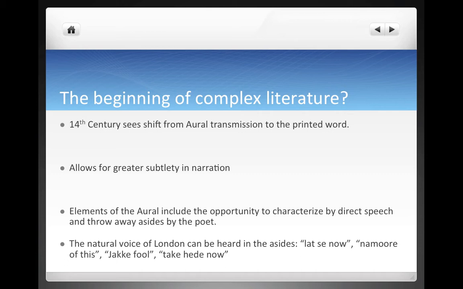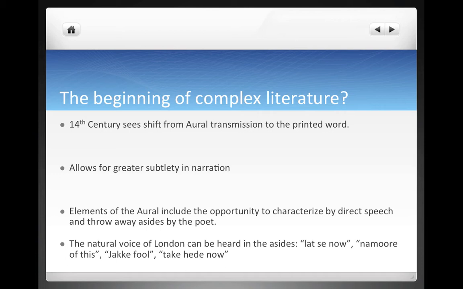And what I think we begin to see in this tale, and it's something that you can explore a little with your wider reading for contexts, is a much greater subtlety in the narration as we move away from purely spoken delivery to delivery that might allow somebody to take the book away and read it for themselves and think about it. There's much more, if you like, beyond the